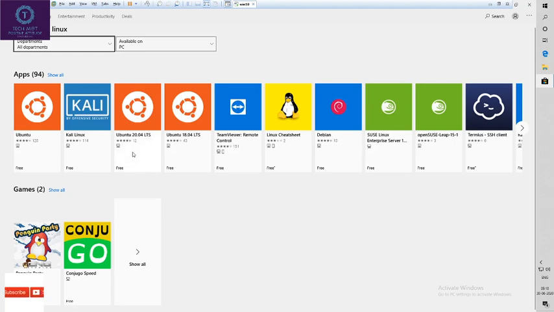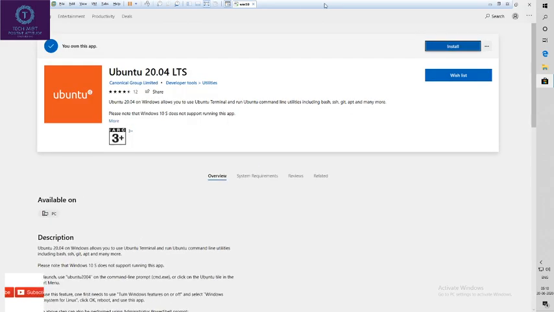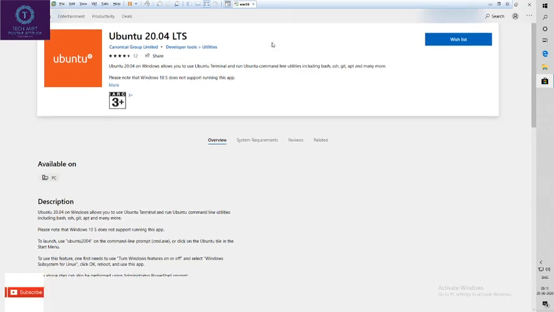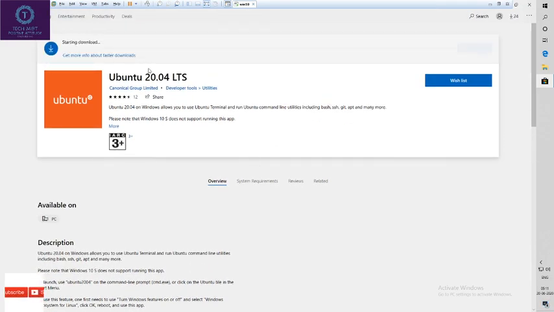Select the Linux operating system that you want to install. I will select this. I will click install. Once you click install, it will start downloading.